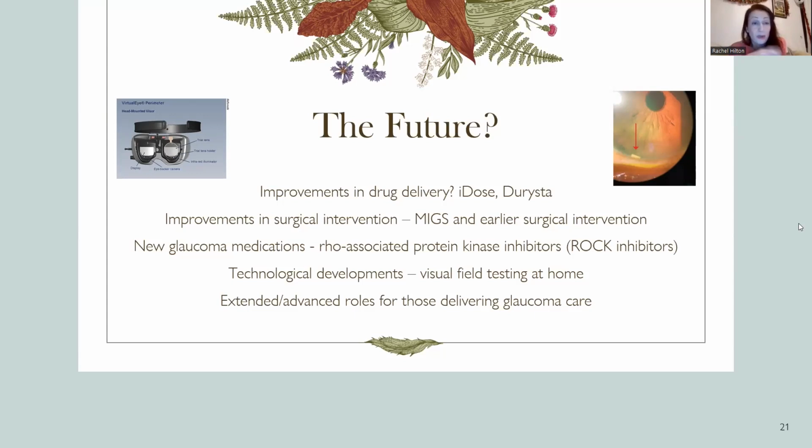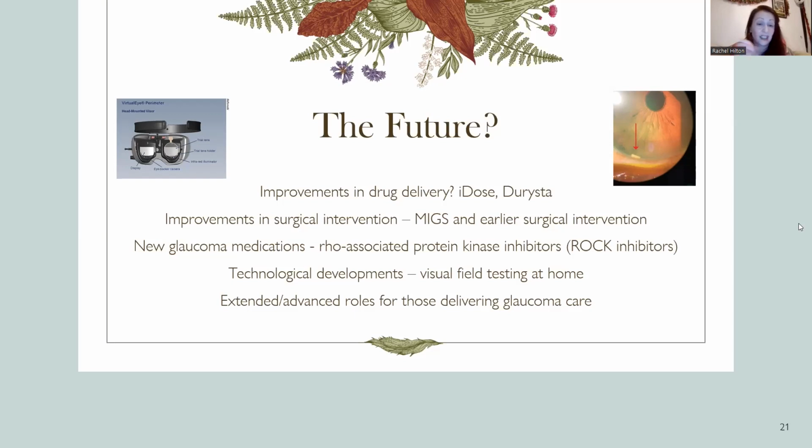There are improvements in surgical intervention. I've mentioned lots of minimally invasive surgeries, and those are being developed all of the time. In terms of other things like the ROCK inhibitors, different glaucoma medications that are neuroprotective, etc., there are new things happening with those all of the time. But if something isn't routinely available, it is because there isn't as much evidence out there yet, and it hasn't been taken up as a regularly prescribed thing. But these are all things that will come up in the near future.